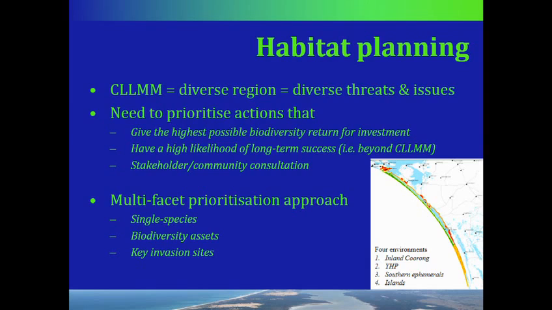And we thought it was important, obviously, to include stakeholder and community consultation in the plan development. It's pointless developing a plan that no one has any ownership or interest in. So that was the rationale for our prioritisation approach.